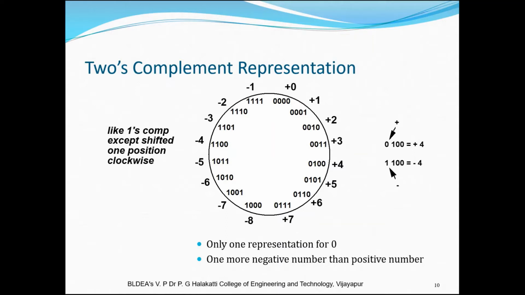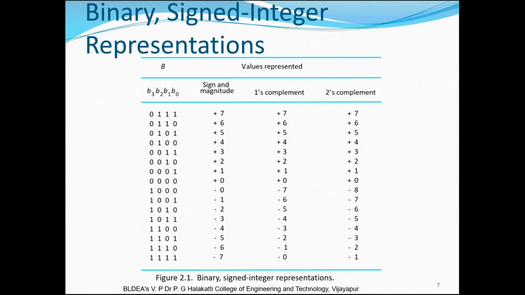That is, if you can see here, we had +7 and -7. -7 was the last number that can be represented in the previous two systems using 4 bits. But in 2's complement, we have one more negative number than the positive number. So +7 can be represented using 4-bit numbers, but using the same 4 bits, one extra number can be represented in 2's complement, that is -8. So if you keenly observe here,